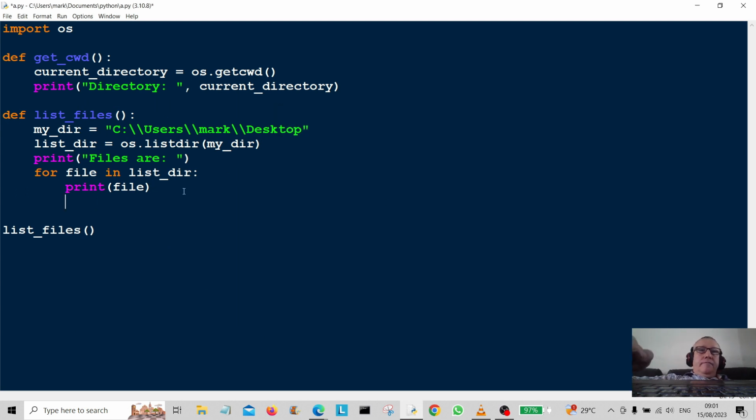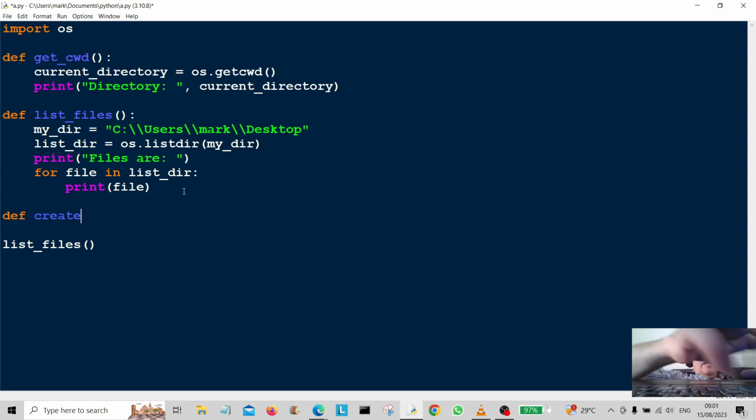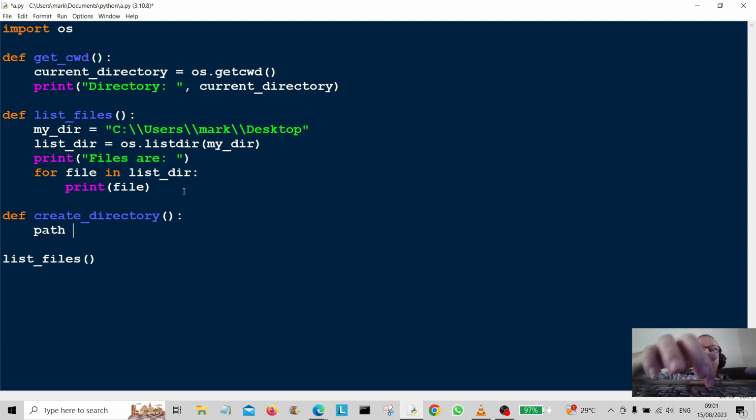Okay, I'm going to create another function here, which is going to be simply, we're going to create a directory. So define create directory. Okay, and I'm going to give it a path because I want to create this directory on my desktop. So again,